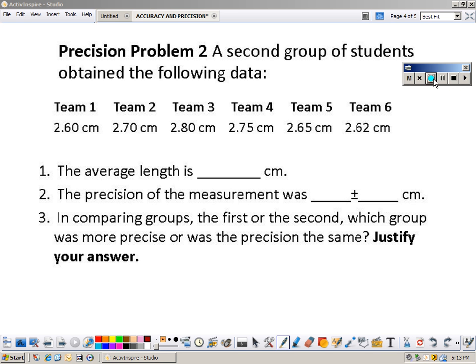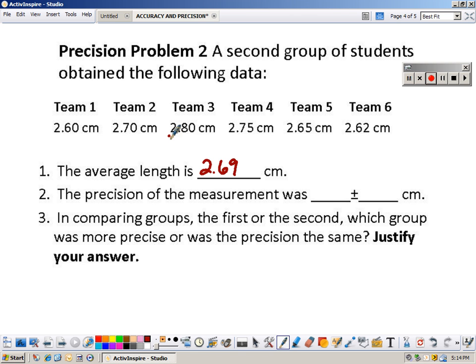So in example number 2, it says a second group of students obtained the following data. It's a very similar example to problem 1, just slightly different data, and the instructions are shortened. The average length of these pieces of data is, according to my calculations, 2.69. I added and divided by 6. The precision. Okay, so we have to find the